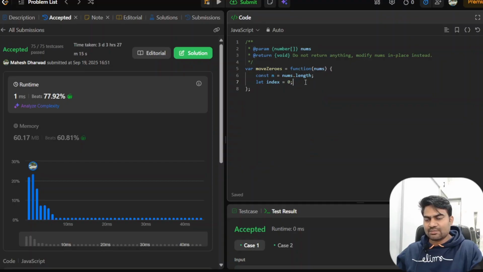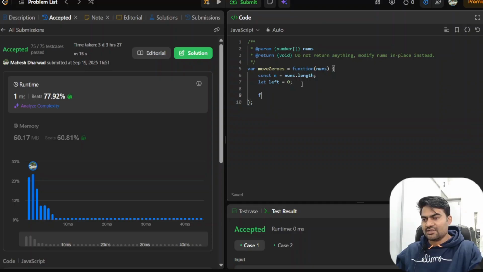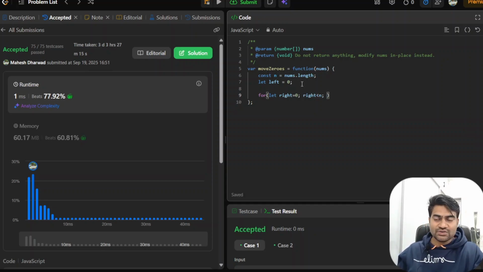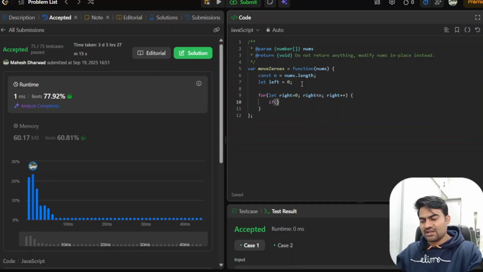I will remove this part. I will make this as left pointer. Then I will use a right pointer. Let right equal to 0, right less than n. You can use while loop also here. There is no problem in using while loop. But since it is a straightforward move from 0 to n, I am using for loop. Right plus plus. Now I will check if nums of right, if it is non-zero number, then what I will